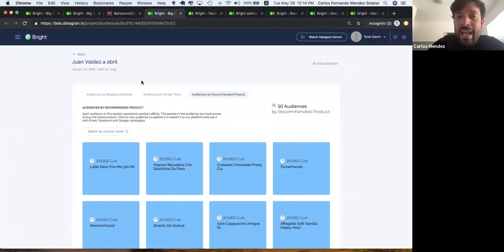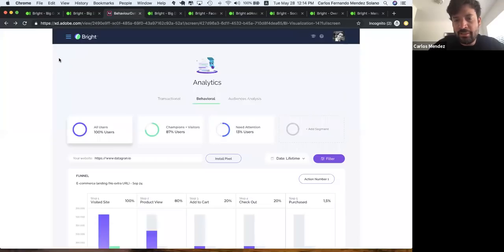One of the things that we haven't deployed yet, but we will be deploying in about a month and a half or about 2 months, is what we call behavioral data. In the behavioral data, as I mentioned a little bit earlier, we were showing transactional data. So based on your transactions, who are the people that are buying, when they are buying, among others. But one of the things that we're going to be deploying is also web analytics. So again, the thing that I showed previously was transactional data. Now what I'm showing here is web data or web analytics.